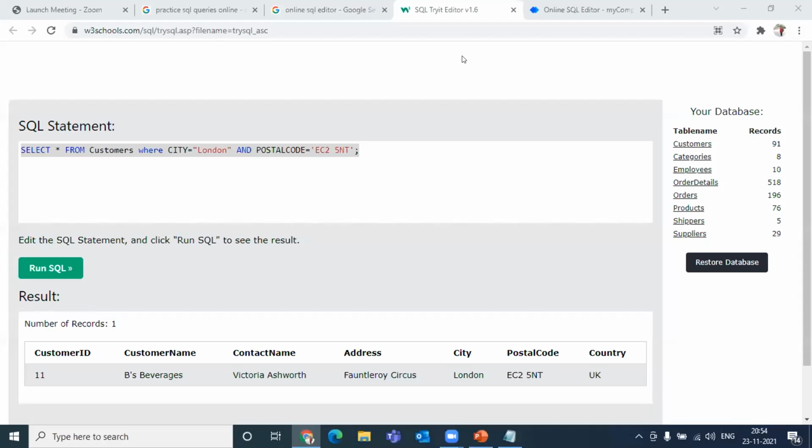Make sure you have a database up and running on your system. Even if you don't, you can use an online editor. The only problem with an online editor is that it is very restrictive. If you want to create 20 tables, it will not allow you. For example, this online editor only allows us to make changes to customers, categories, employees, nothing else. So it's always good to have your SQL server set up. I've explained how you can set it up. Think of some scenarios and try executing them. Do not be discouraged at all. If you're not able to finish the query and it's giving you an error, do not worry. Keep trying. Based on whatever information we've gathered, please practice.